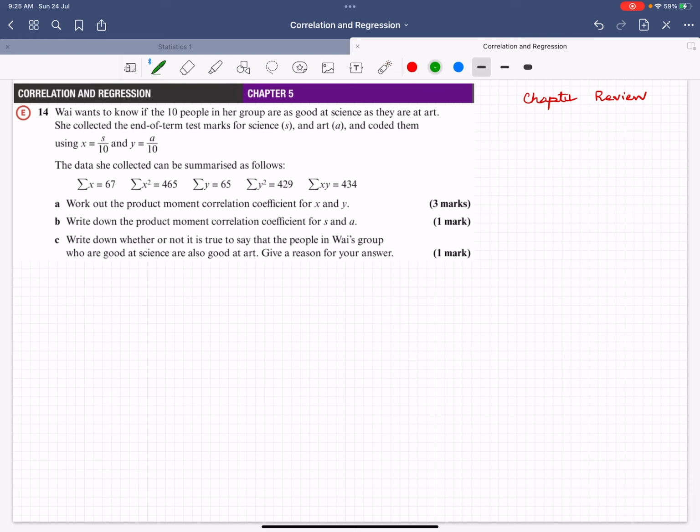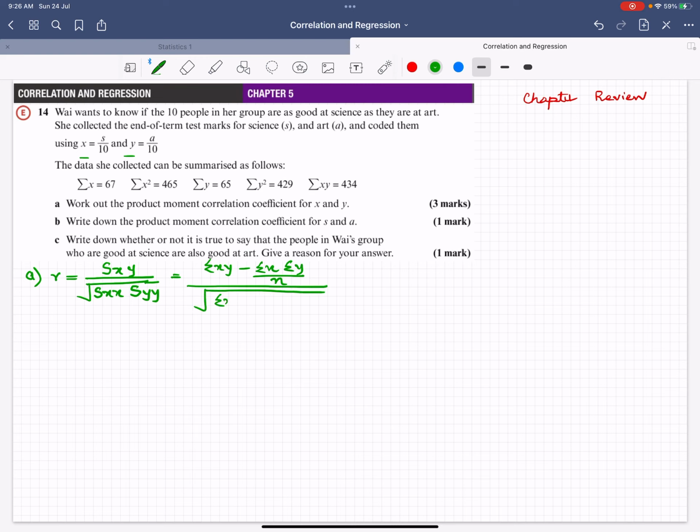So in part A, we need to calculate the product moment correlation coefficient, which is also denoted by the letter R. Since our two variables are x and y, we have a formula for product moment correlation coefficient as Sxy divided by square root of Sxx into Syy. So let's write the formula for Sxy, that is sigma xy minus sigma x into sigma y divided by n, all of this divided by